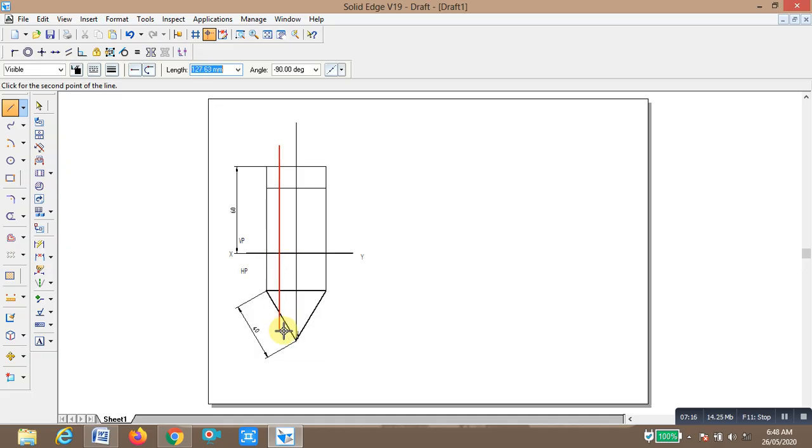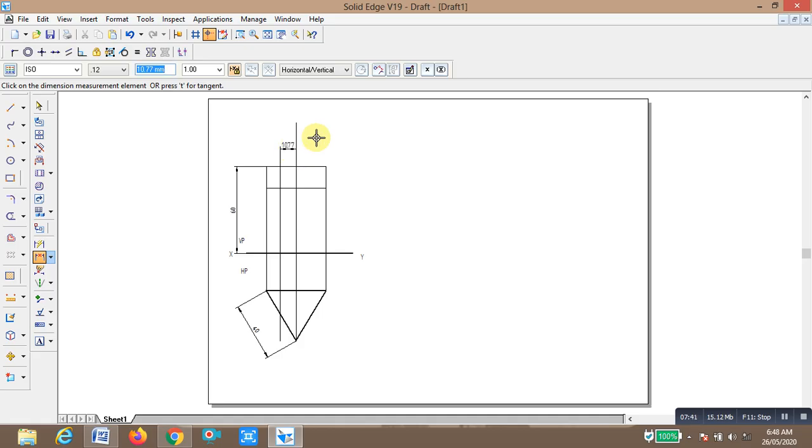This is one plane, draw vertical lines. This distance is maintained. The distance between this and this is how much? It is 10.77. You have to maintain 11.